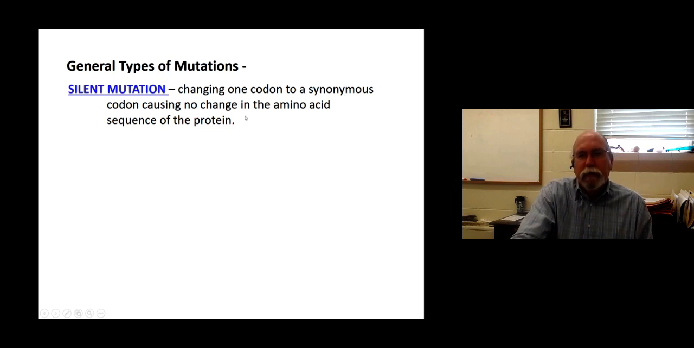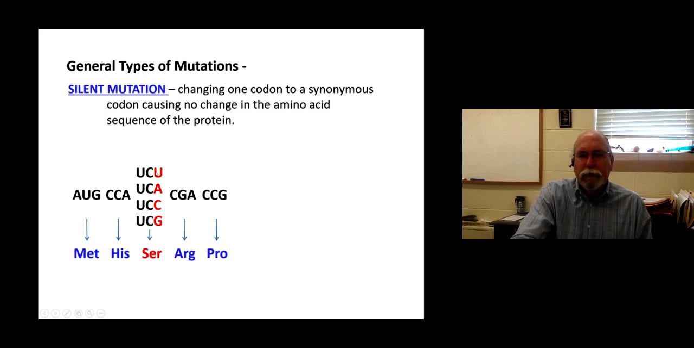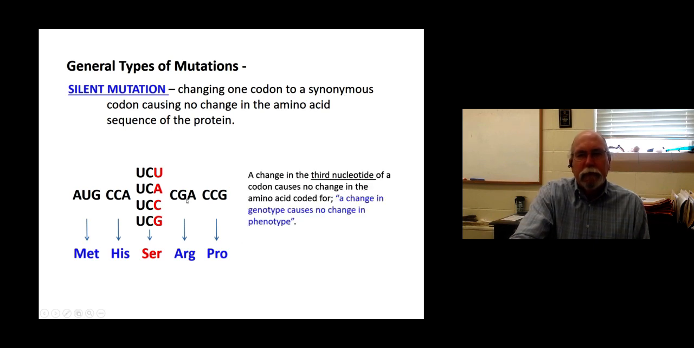Very simply, here's a case where, because of wobble, you have the ability to change any of these three last bases into any one of the four possible bases, and that will still give you serine. So if you mutate the DNA at this position, it has no effect on the outcome of the protein. The protein will still be Met, His, serine, arginine, proline. So it can be, and very often is, a change in the third position that causes no change in the